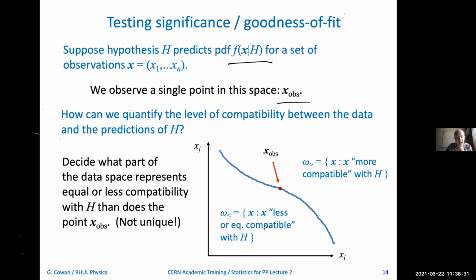So the analyst has to be able to supply such a rule. It is certainly not unique, and it will depend on the analyst's view of what constitutes less compatible or more compatible with H. And furthermore, it can't just be for this observed point. There has to be a rule that tells you how you would draw the boundary for any observed point. Once you've been able to concoct such a boundary, and you have a rule that would create such a boundary for any observed point,